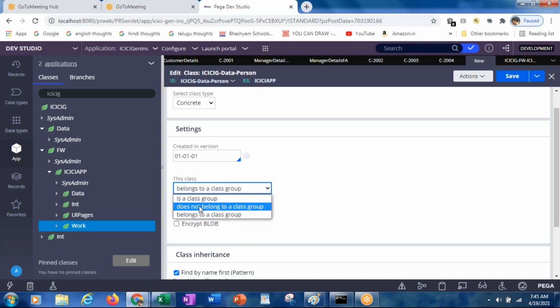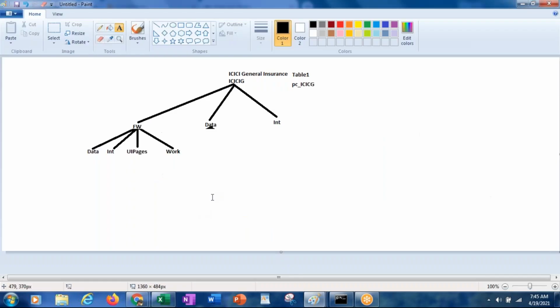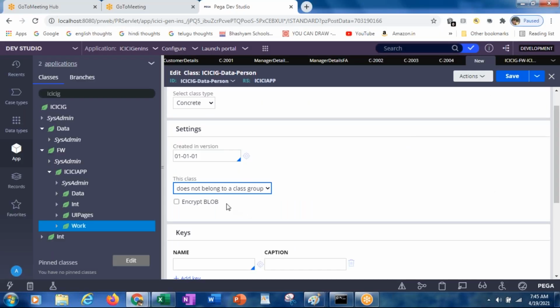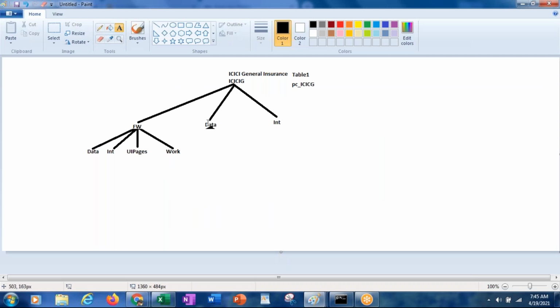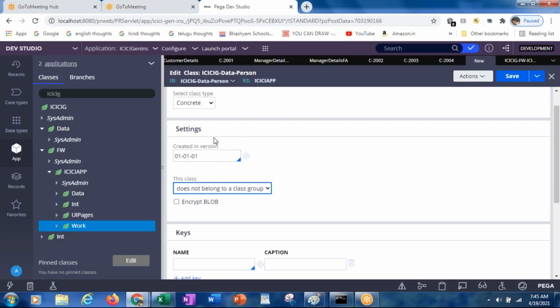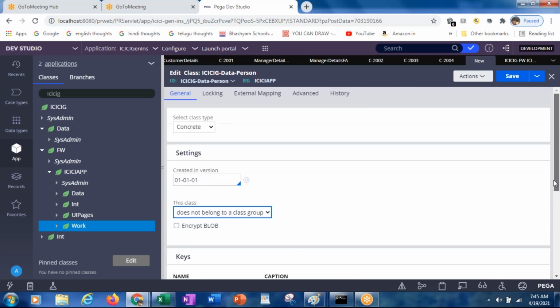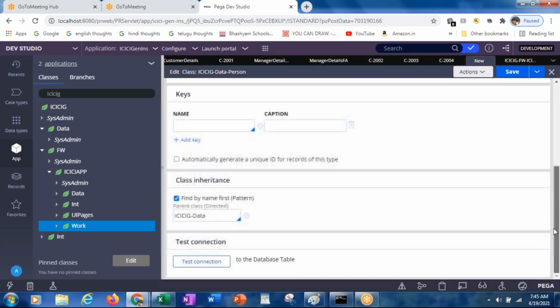I want to make it does not belong to a class group. That means even though it is extending from the ICICIG, I don't want to be part of this one. Then you can select does not belong to a class group. Then it is not part of any of this class group, any of the top level class. I just want to make it like, okay, this is the concrete class, does not belong to any class group. So it will be maintained separately. It can have a separate table. Here if you select test connection,